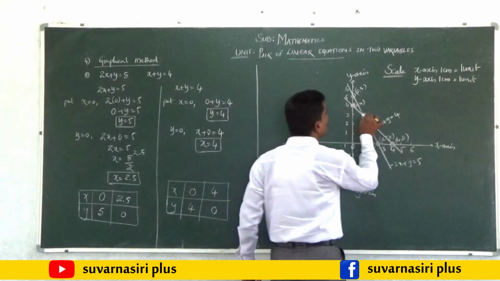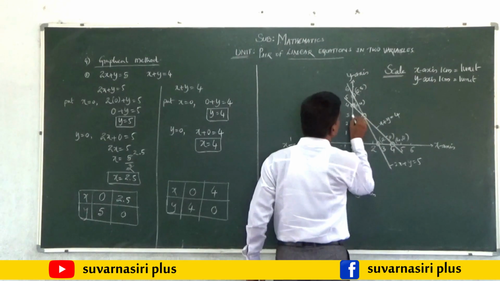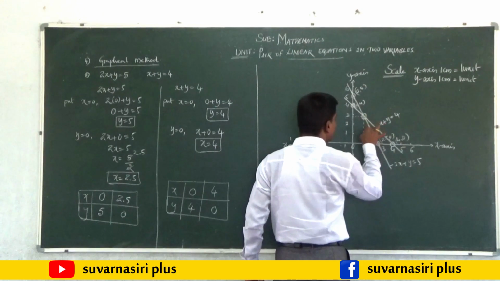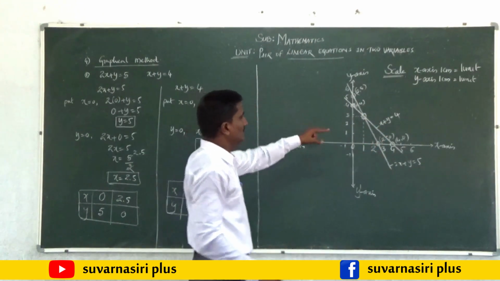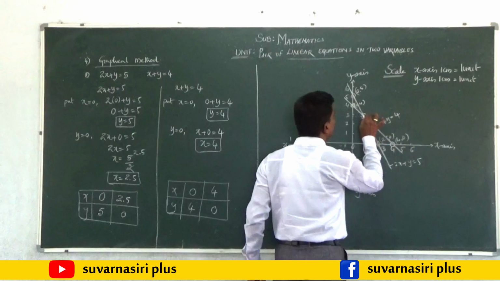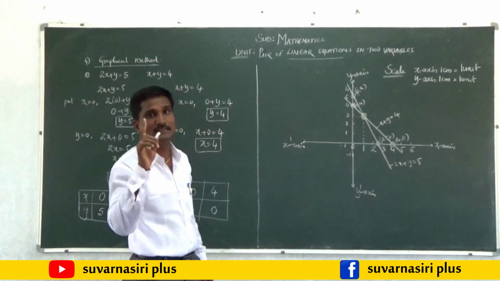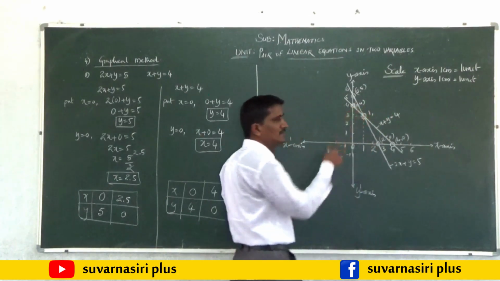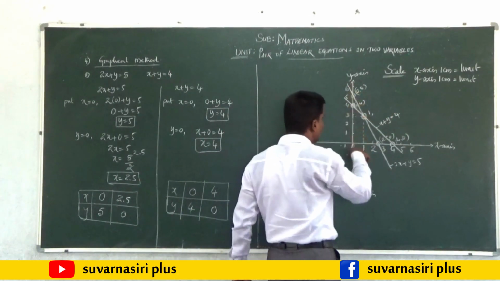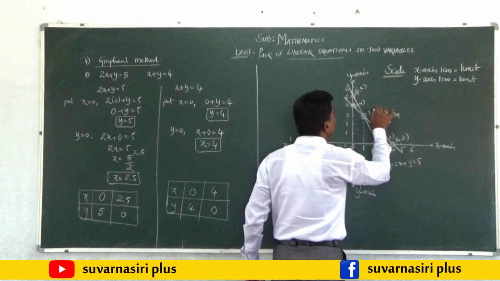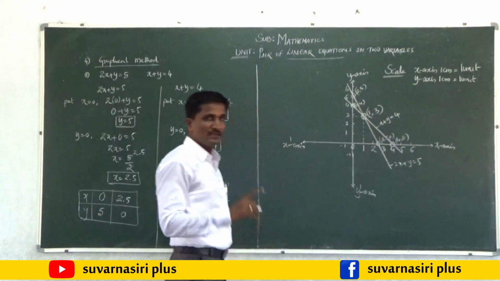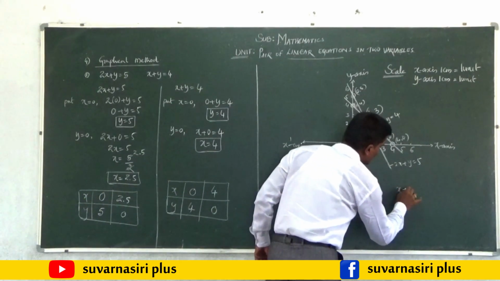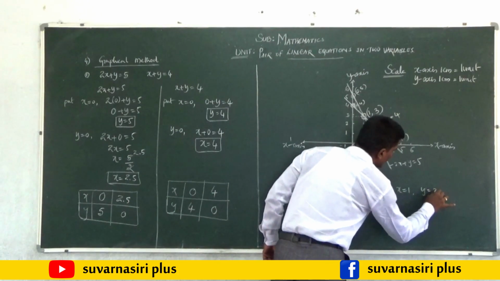So here you have to represent this point by taking imaginary lines like this. See here, writing the coordinate point, first always you have to write the x coordinate. X how much is there? 1. Then you have to write the y coordinate, y along the y axis, 3. So 1, comma 3. This is the solution for the two given pair of linear equations. X is equal to 1, y is equal to 3.